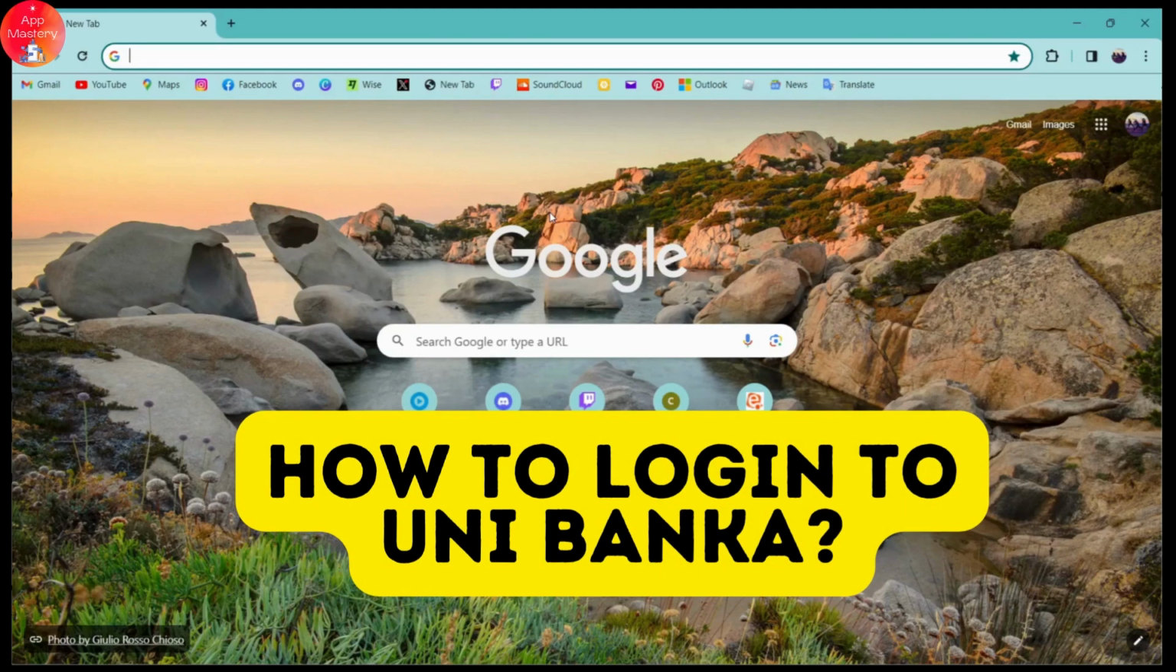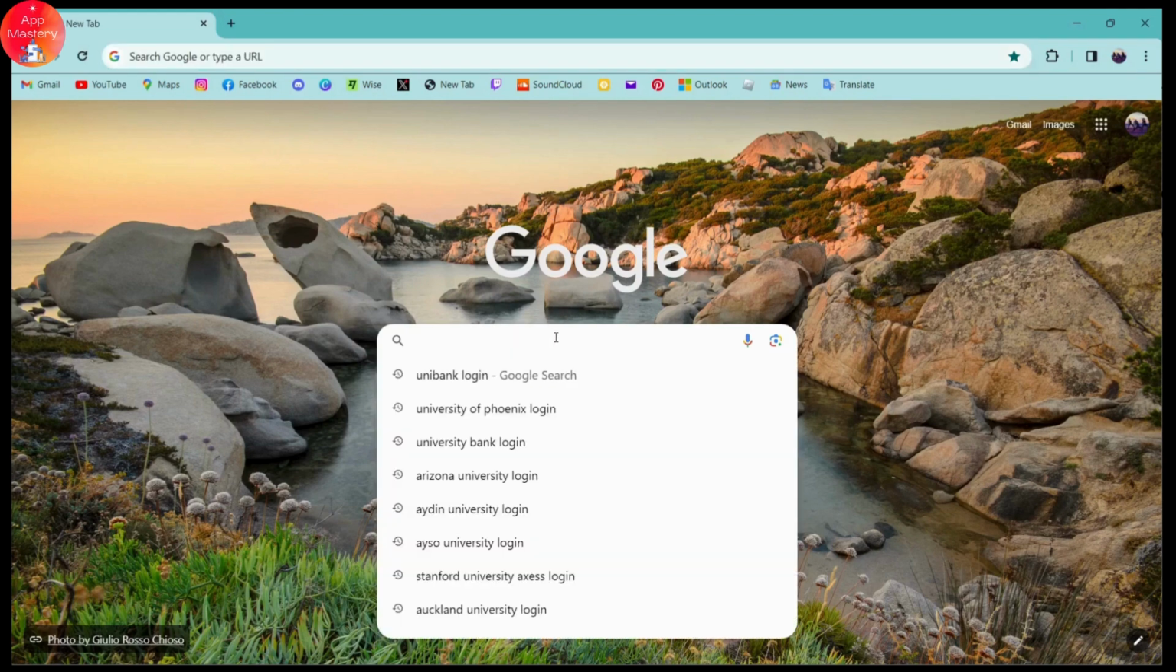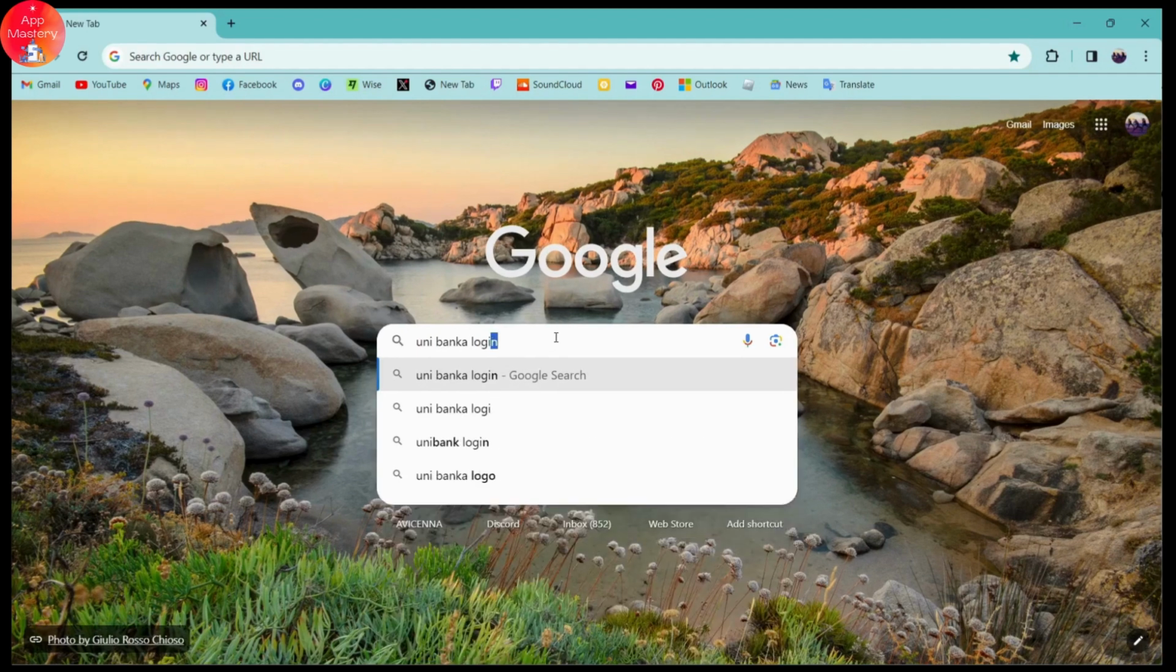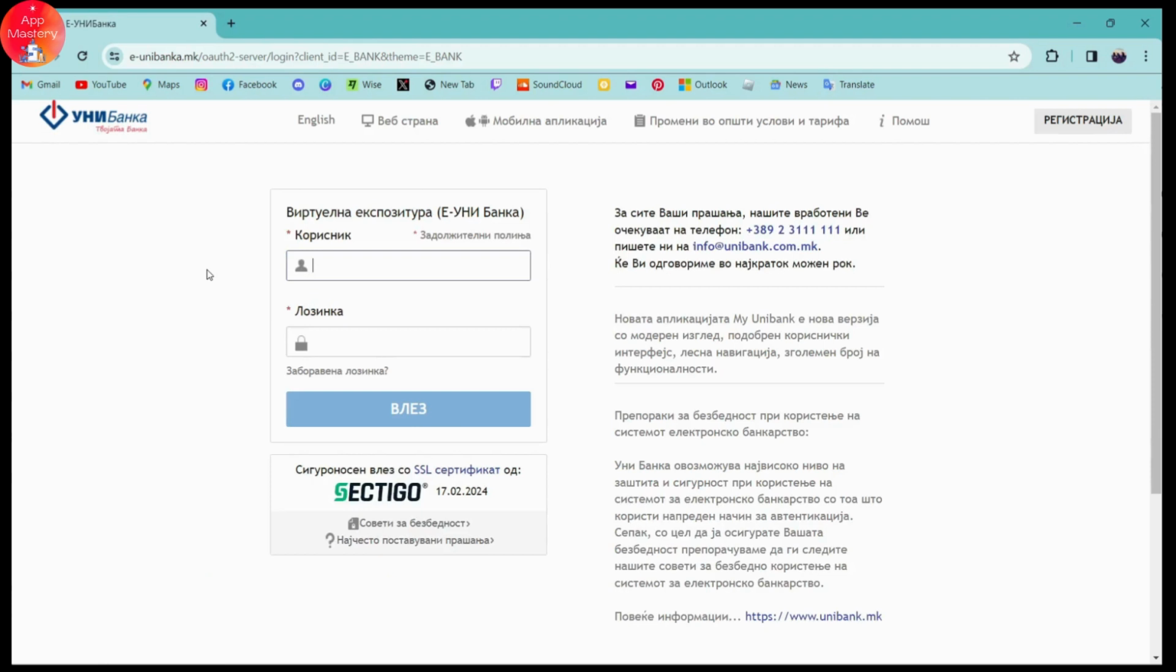How to log in to Uni Banka. So if you want to log into Uni Banka, then first you need to open up a browser, any browser that you're comfortable with, and then go for the search bar and search for Uni Banka login. Once you've searched, here you can go for the first search, and now it will take you to the login